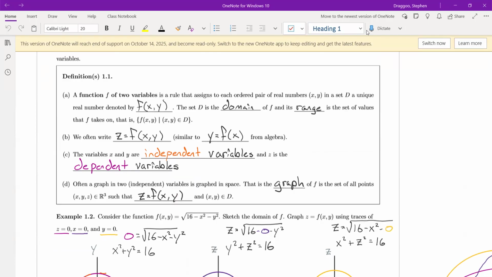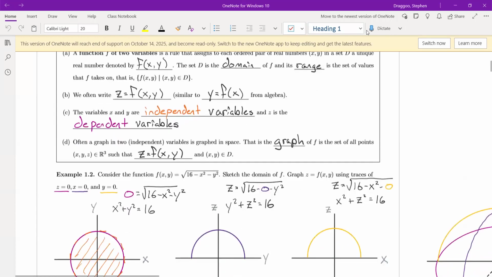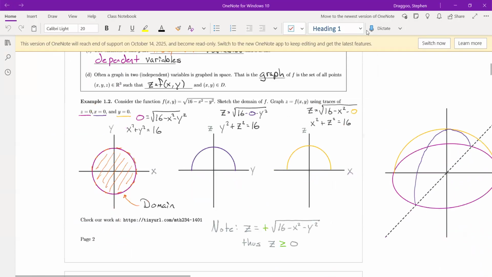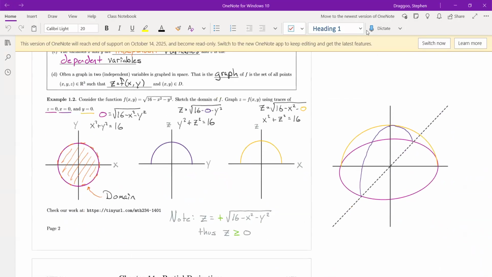So we're going to define our functions to be z is a function of x and y. It's going to be two independent variables with just one dependent variable. So think of it like y equals f of x from basically every other math class you've seen. Now it's z equals f of x and y. And if we're doing a function in particular, that's one input pair maps to exactly one output. So functions do need to pass something similar to the vertical line test,